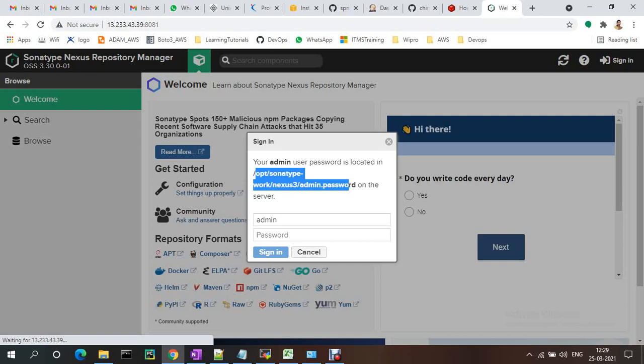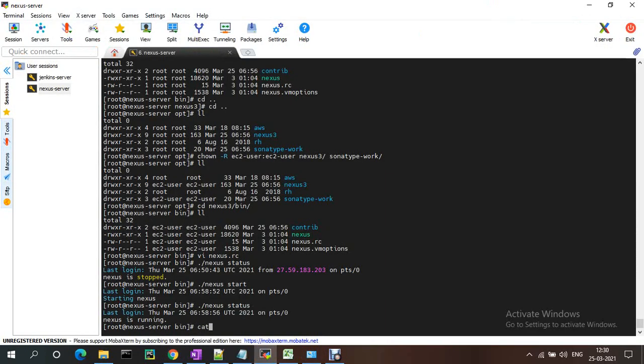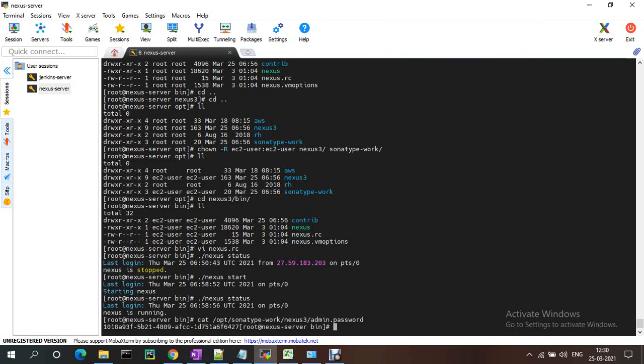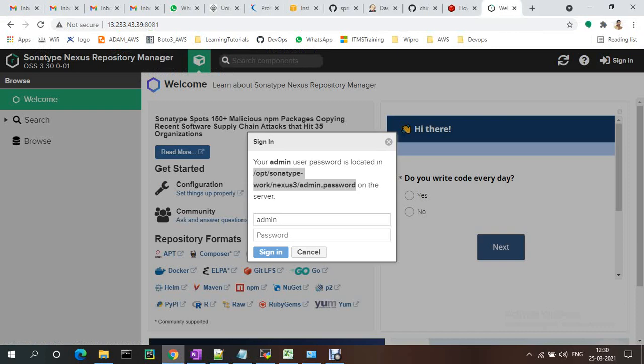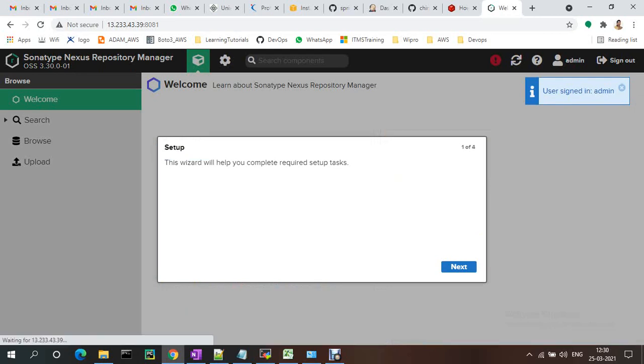Type the path of the Nexus admin password file, copy this link address, and cat and paste it. The password will be shown, so give that password here. Sign in, and it asks you to update the password.